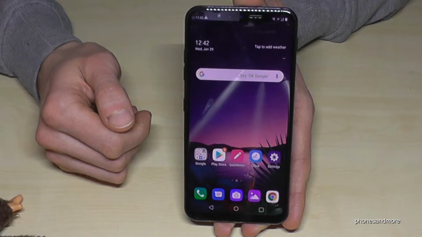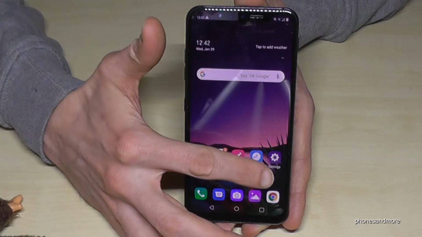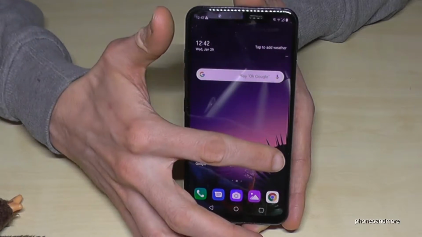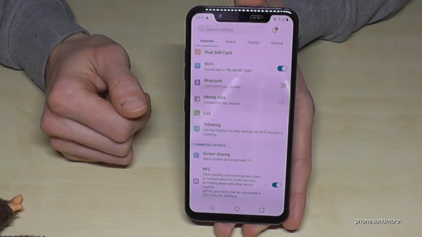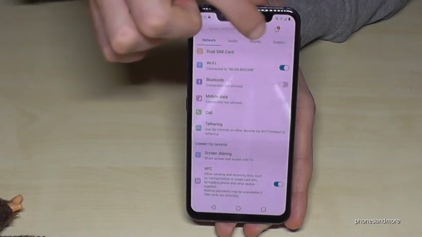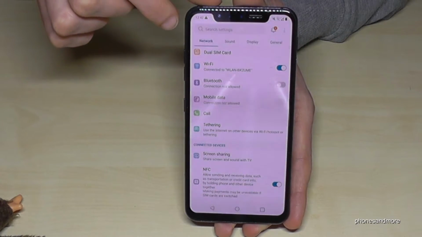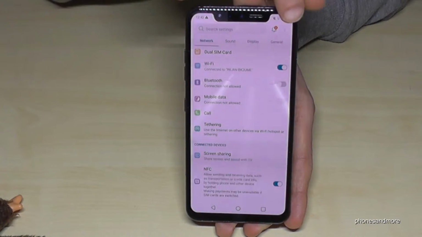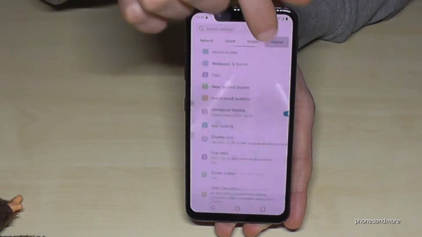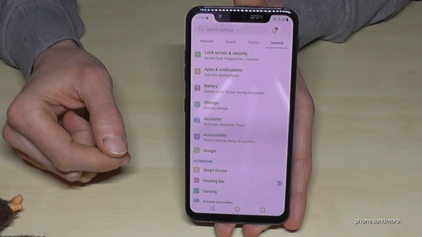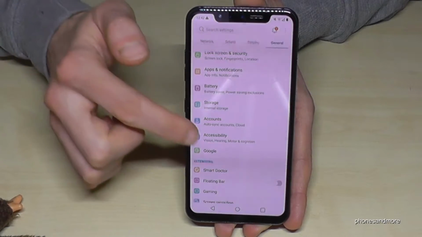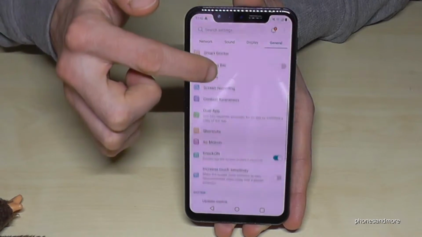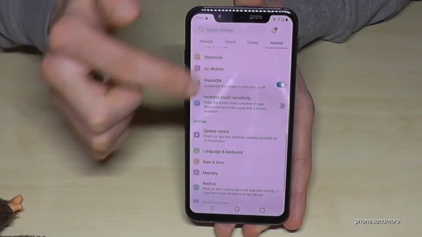Okay, first of all, we will need the settings. So it is that symbol here. Tap it. So then we are on the settings, and on the first row we decide which part of the settings we need. We need the last point here, general. So tap on general. So, and then we have to scroll down a bit until we have the point language